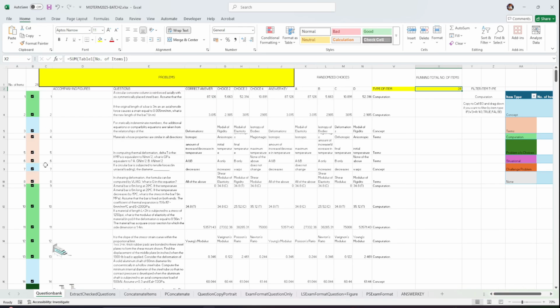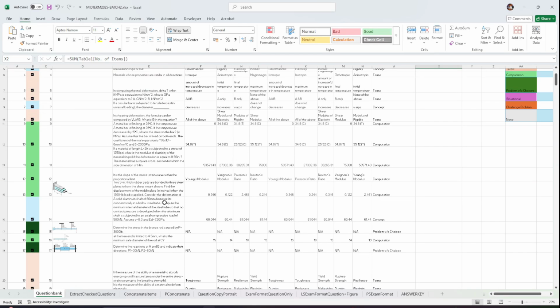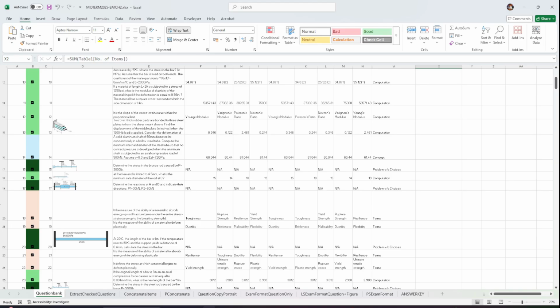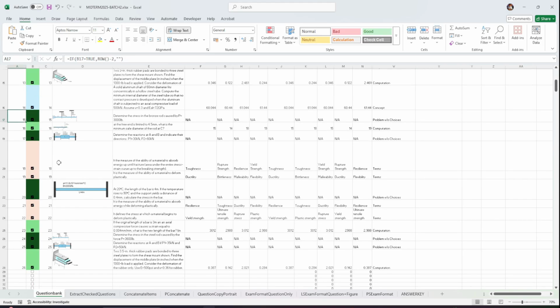So the purpose of the checkbox is to create variations of the same problem. So usually, when making 2 sets of exams, you want the questions to be different. So we have our variations here. Item 15 and item 24 are similar problems, but with different requirements. So here, we want to find the stress in the steel rod, but for this one, we want the stress in the bronze rod. So if you're making the exam for 1 set, you can uncheck this one so that only this item will be registered. And then when making the other set, uncheck this one, then check the other one. You will now be able to make variations of the same problem.